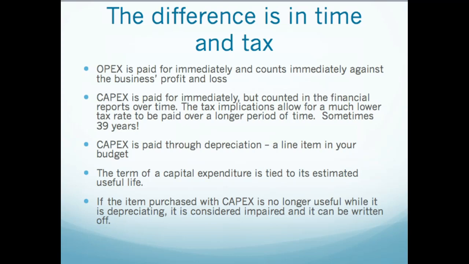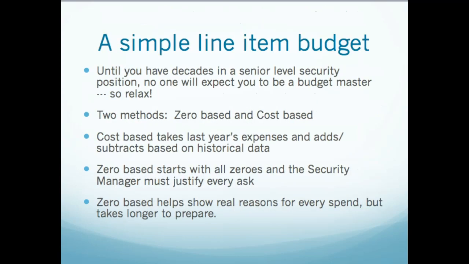So when you buy things that you need day to day, your guards, your fuel, maybe even your vehicles, okay, you use OpEx for that. When you buy big things like big camera systems and electronics and the things you need over time, you capitalize those. They come out of your budget in chunks each year, and then you still have money left over to spend on those OpEx things. So that's the definitions of OpEx and CapEx.